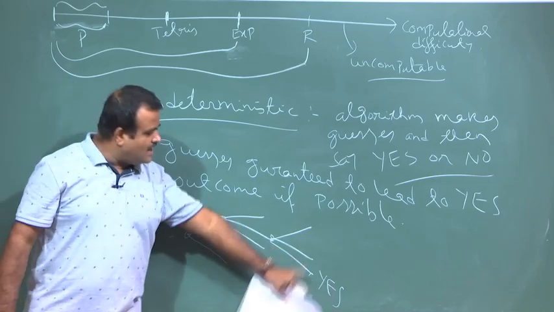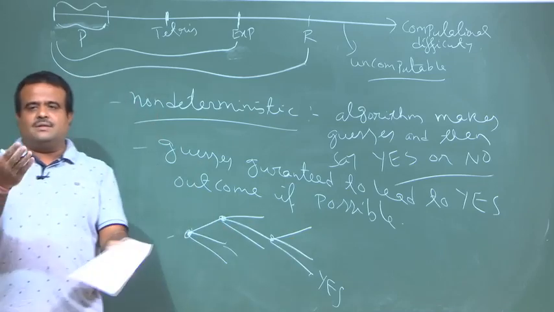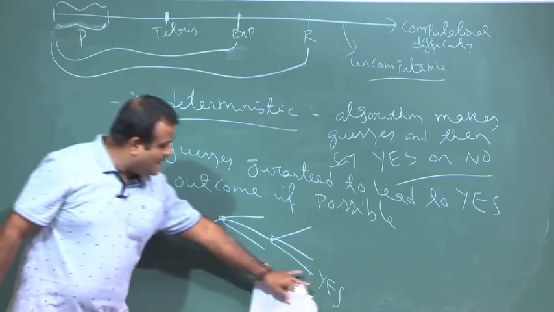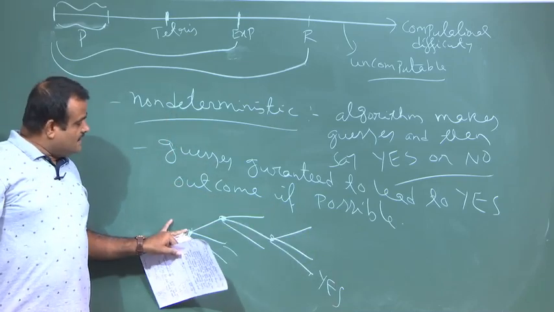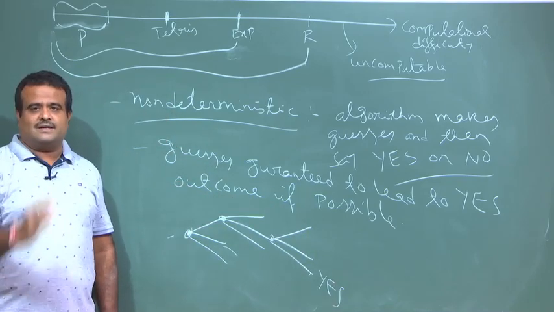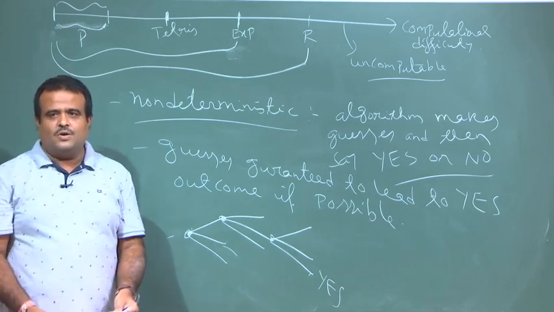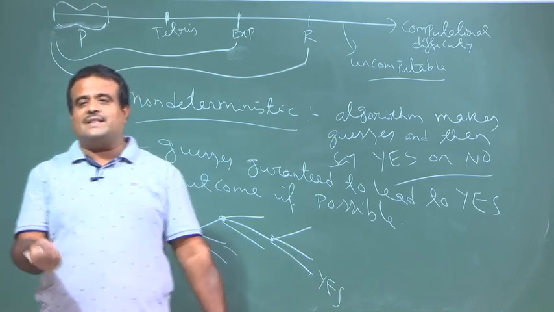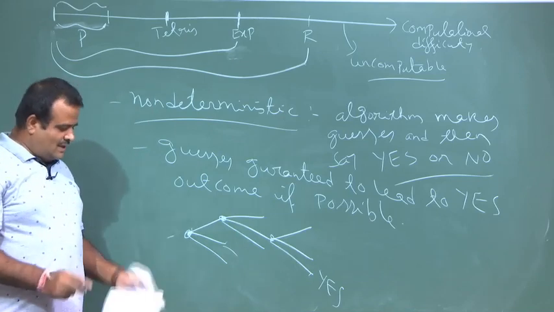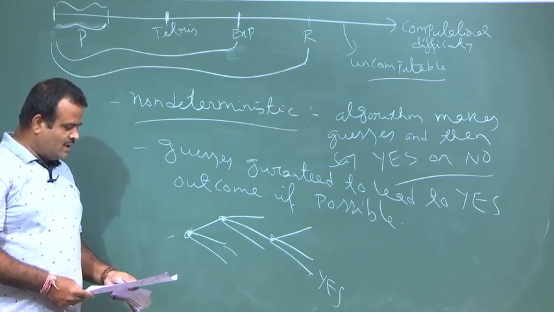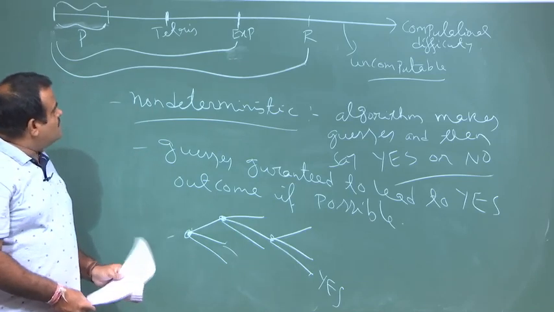If there is no yes, then the result will be no, but if there is a yes, if possible, then our guess is always correct. So, this is sort of magic. No realistic computer can guarantee that, but theoretically this is okay. So, this is basically the NP